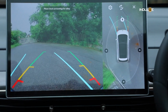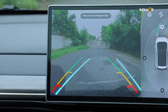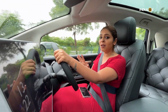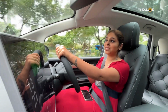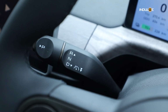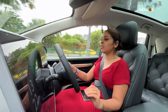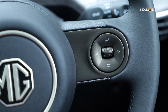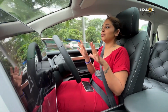Thanks to the big screen, it's been amazing. You cannot ignore this big screen, by the way, while you're driving. And right now I can't play any music, but I had my musical journey while coming back to the hotel where we were staying. And talking about the modes and all with this car, it's very convenient. All the steering mounted controls are very handy, and it kind of feels like you're not driving,